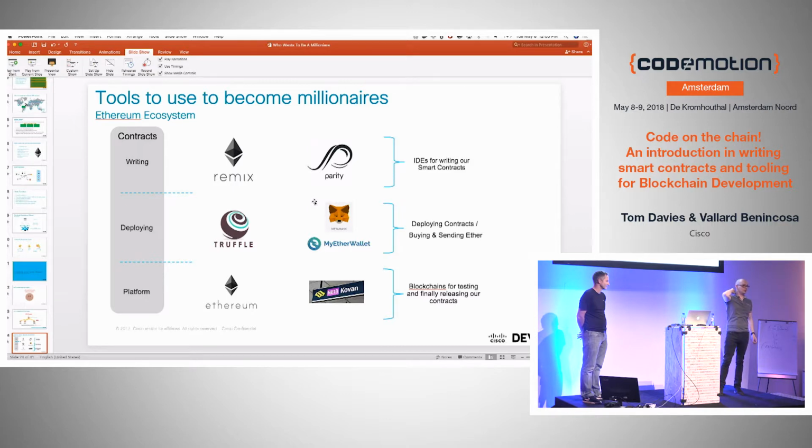And then the final one is platform. So you need somewhere to deploy your smart contract. And sometimes you don't want to just go straight to production. We're all developers. Last thing we want to do is chuck our code straight into production. So there are also test networks, things like what we see here, Kovan. There's another one called Rinkeby, for example. And these are exact stage environments of Ethereum, except the money behind them is fake. You can just request the money from a certain place, we'll show you, and they'll give you fake money. And then you can use that on your transactions, rather than going to Ethereum and paying lots to have a contract deployed there that might not work. So we'll use that today.